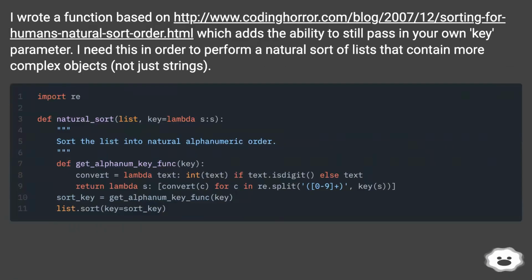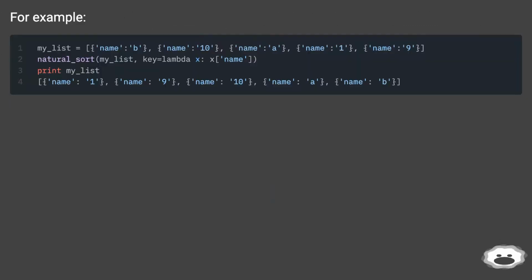I wrote a function based on this URL, which adds the ability to still pass in your own key parameter. I need this in order to perform a natural sort of lists that contain more complex objects, not just strings. For example,